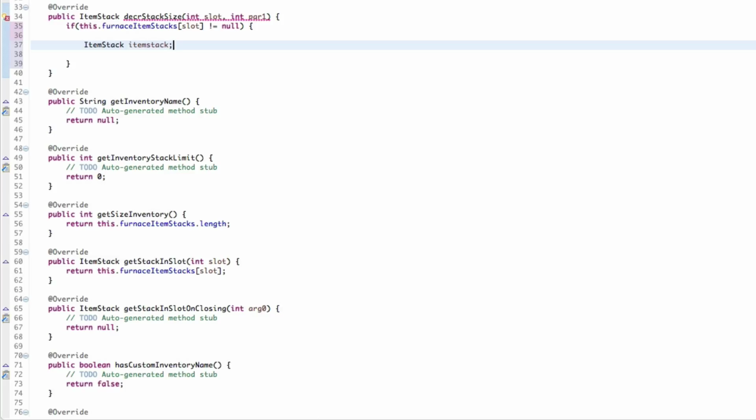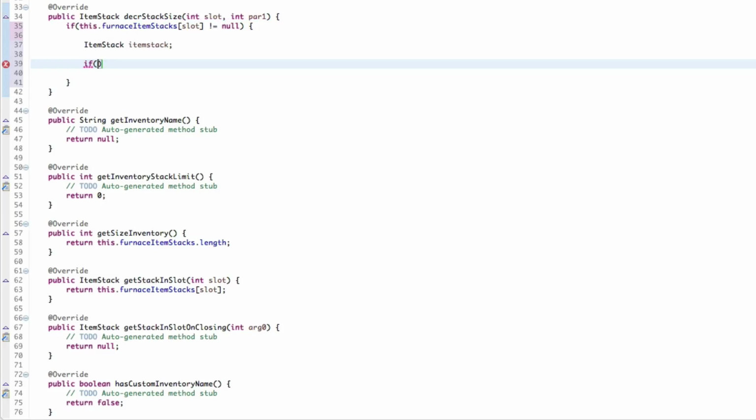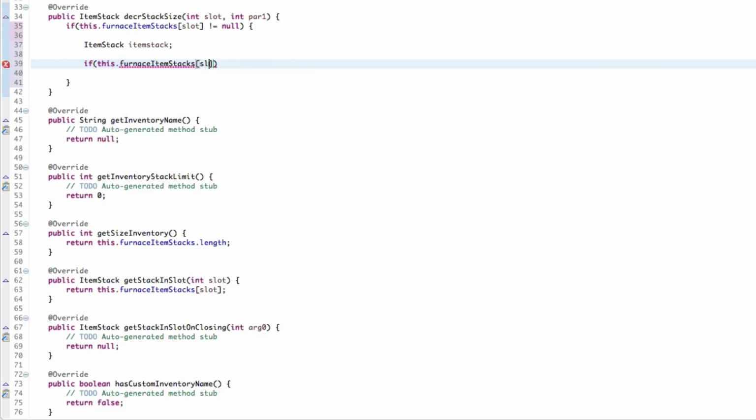So decrease the stack size. This is like when you have a stack of 64, and you right click it to divide it in half or something like that. You're decreasing the stack size. There's so much stuff in here, it's hard to keep track of it all. There we go, so we got the item stack. Now we got another if statement here. If this dot furnace item stacks slot